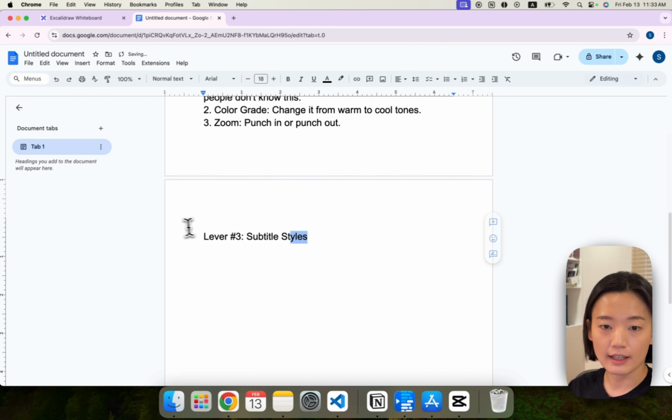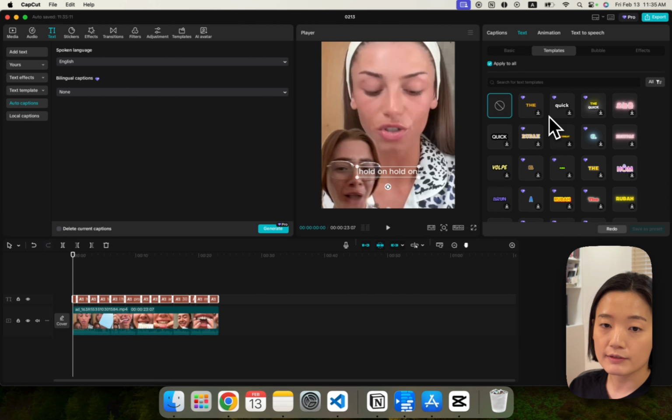Lever number 3 is the subtitle styles. People slip on this one. There are a lot of different styles you can use to give the ad a different vibe. For example,